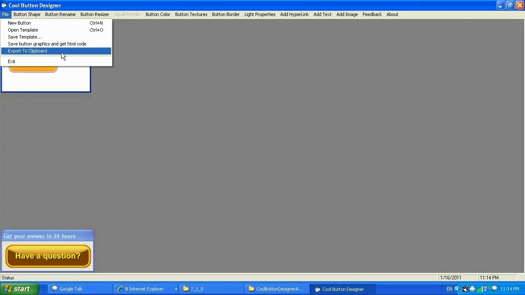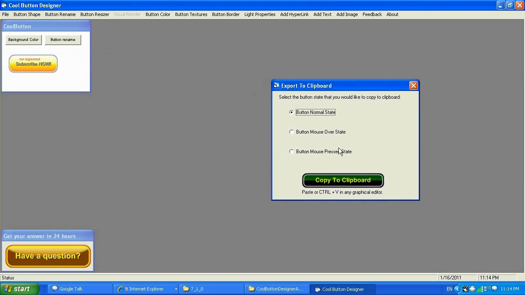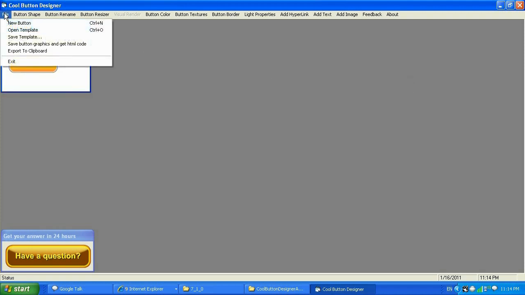So now I can go file and I can export to clipboard. So I can import this, click on it, and I can import 3 different states into my favorite retouching image editor like Photoshop or Paintbrush or something like this. To copy my clip into my clipboard any state that I like: normal state right now, mouse over right now, and mouse click right now, and I can retouch it in my favorite image editor, or I can save it